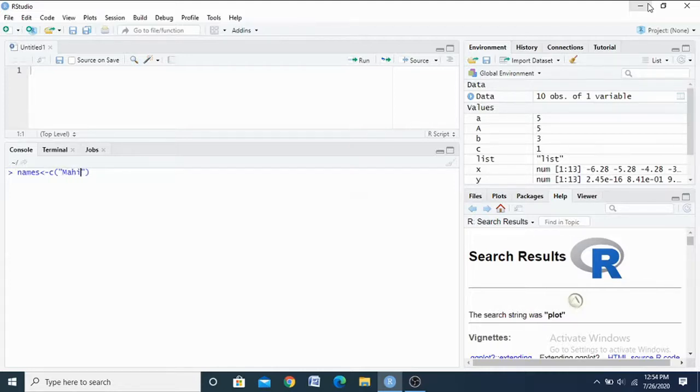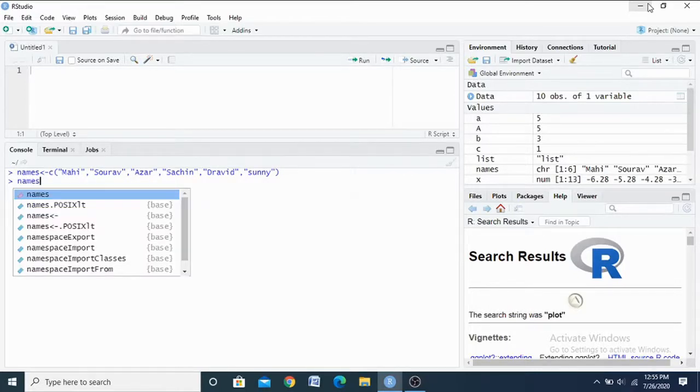Now I have to use one captain Mahi, another one is Saurav, then Azhar, Sachin, as well as Dravid and Sunny.